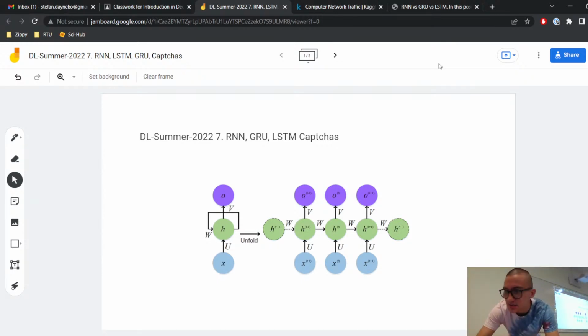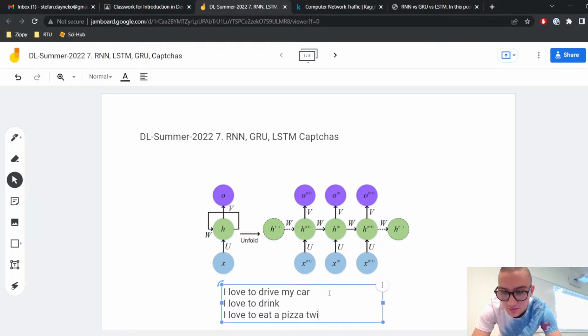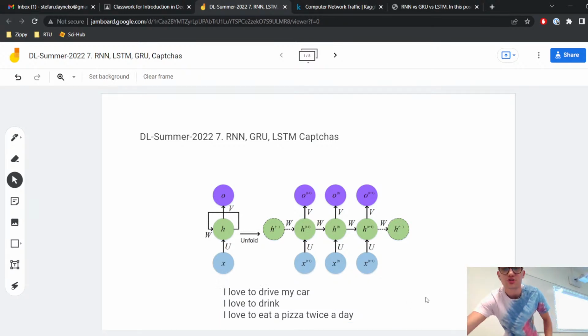Sentences. Let's say I will add it here. Let's say I want to drive my car, for example, this is the one, and next one will be I love to drink, and third would be I love to eat a pizza twice a day. So what can you say about